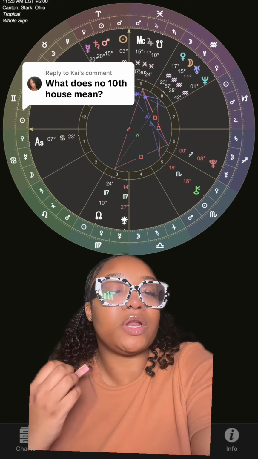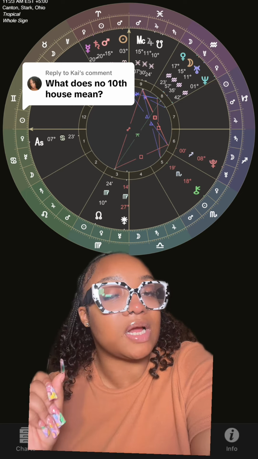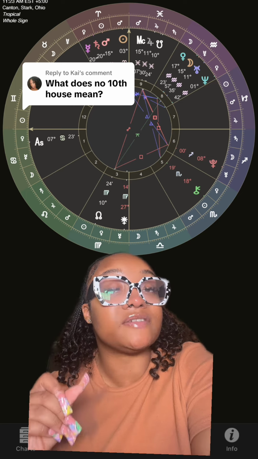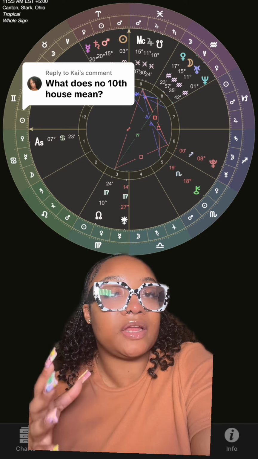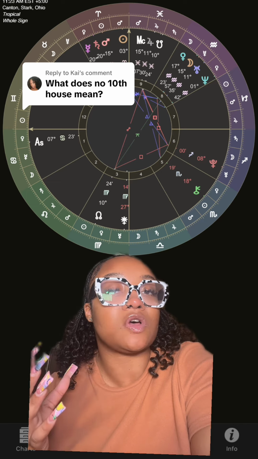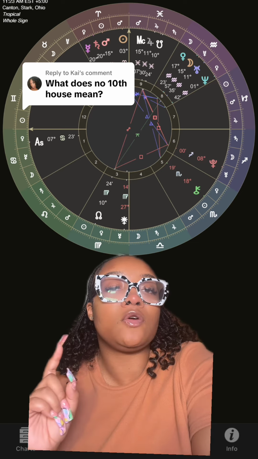So I recommend, when learning astrology and trying to figure out your chart, that you look at your chart from a whole sign perspective, because everything is clean cut and simple. You can see that every house has a sign and everything is 30 degrees, and you can see where your specific angles are. So the ascendant and descendant will always be in the first and seventh house,